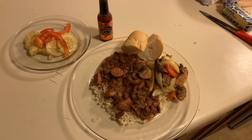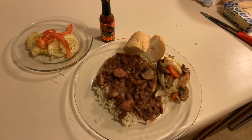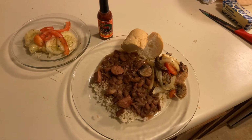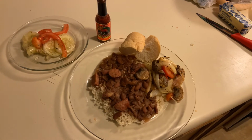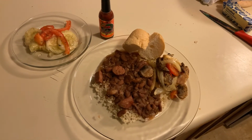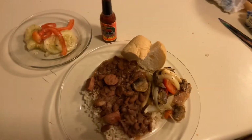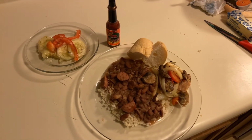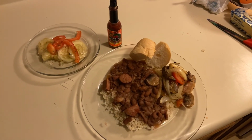It has onions, tomatoes, mushrooms, and some cayenne pepper just to give it a little boost, along with a little parsley and some garlic powder and different herbs. But I call it my Nola bound chicken because it has a lot of flavor. And my red beans, they say they're leftovers, they still taste so delicious. I just want you to see